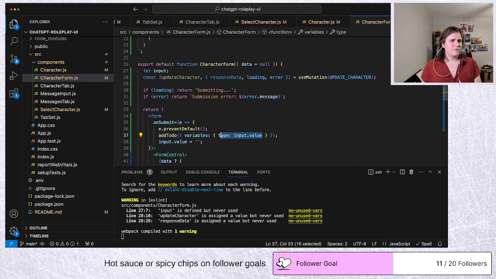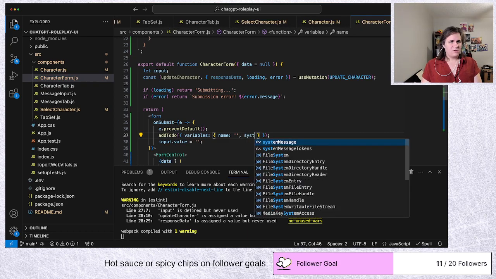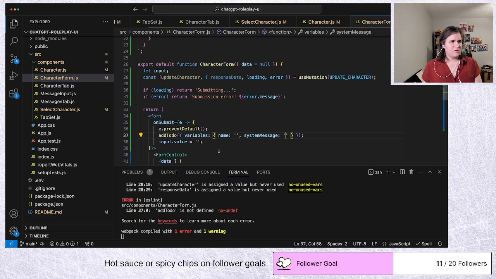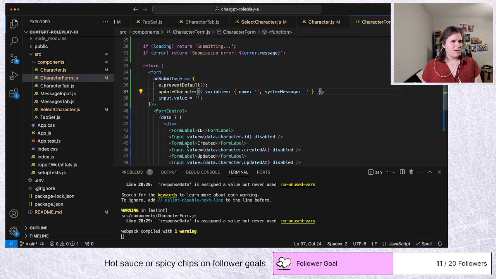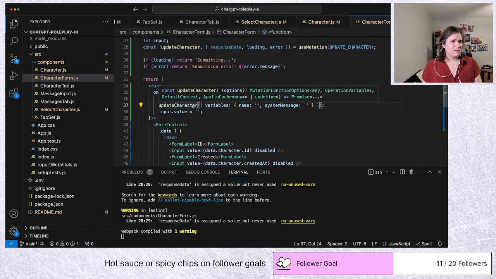So let's just fill this out with placeholders. Not add to do. It's update character. Okay. And then